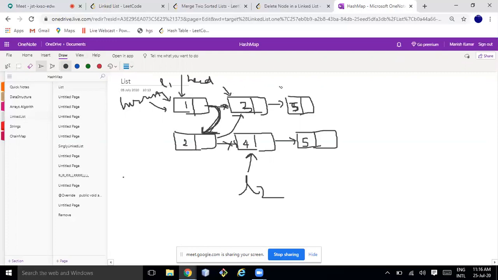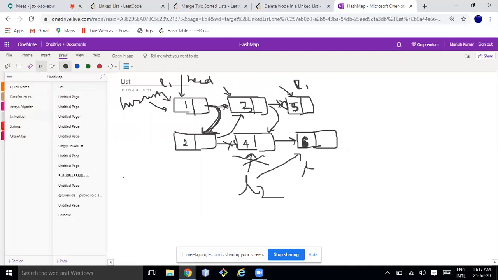Now L1 will move here, right? And then it will compare this 5 and 4. So 4 is lesser. So this will be pointing to this one, and this will be deleted. L2 will move here. L2 will be pointing to this one. This will be deleted, right? Next, what will happen? This will be here. It should be 6. That would be better.